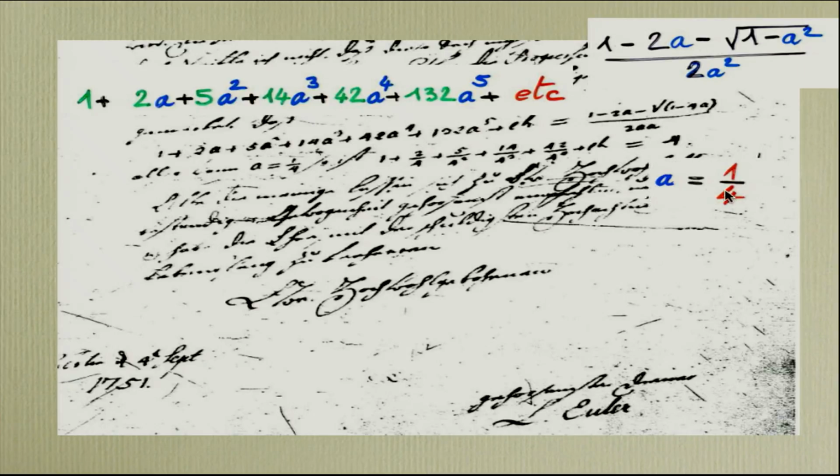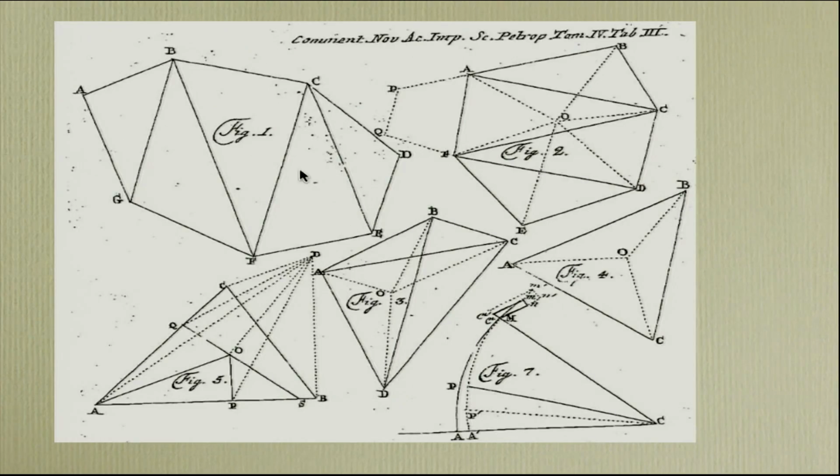Even he computes for a equal to 1 over 4, which is a pole of the fraction. The singularity, the essential singularity of this, is 1 over 4, so he was starting analytic combinatorics. This is related to asymptotics. And you see this letter, 1751. And this letter has written another paper. You see the triangulation of a polygon.